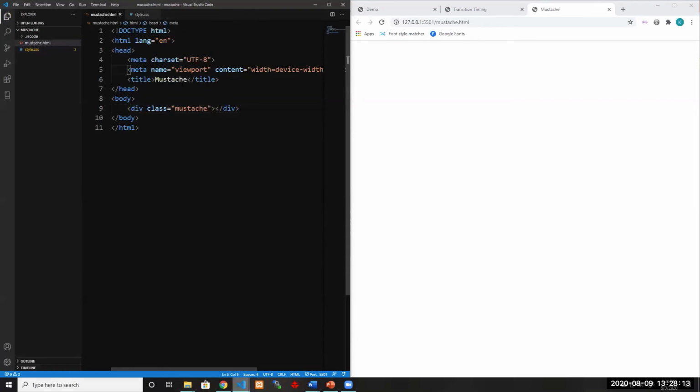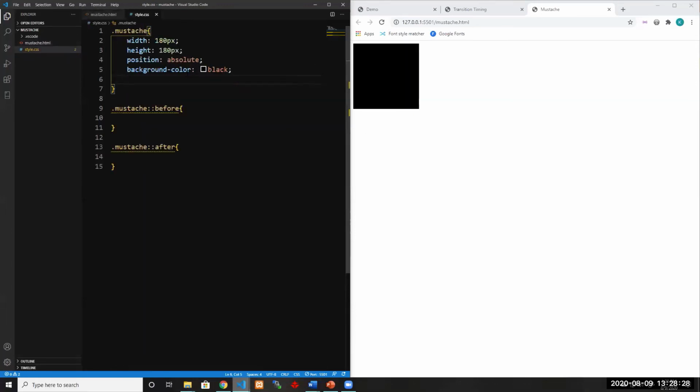It would help if I link the style sheet. So there we go. We have a positioned absolute, and we're going to do a box shadow